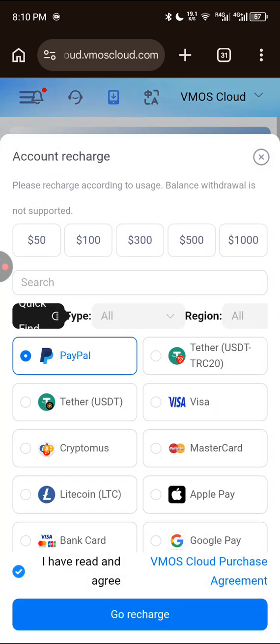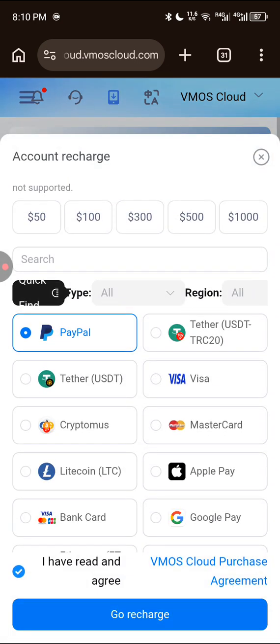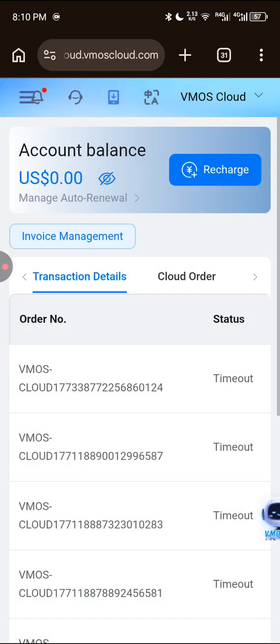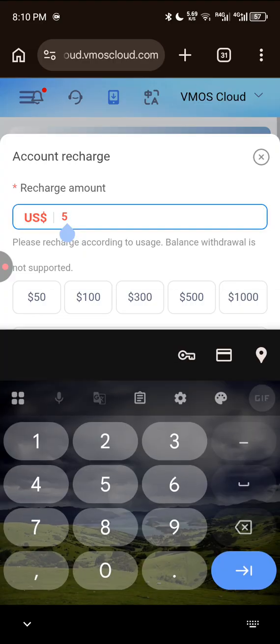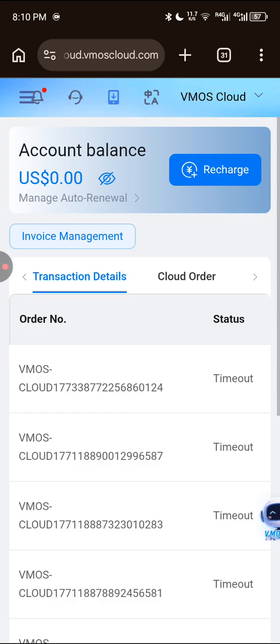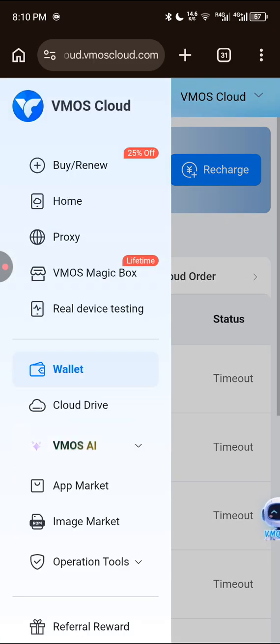We have different payment methods. We have PayPal, Tether, USDT, right? Crypto. We have Visa, Mastercard, all of the above. But I don't want to fund my wallet here. But come to think of it, if you fund your wallet, maybe $5 that was showing there now, and you want to purchase a cloud phone, because I'm explaining everything about this Vmos. If you want to purchase a cloud phone now,